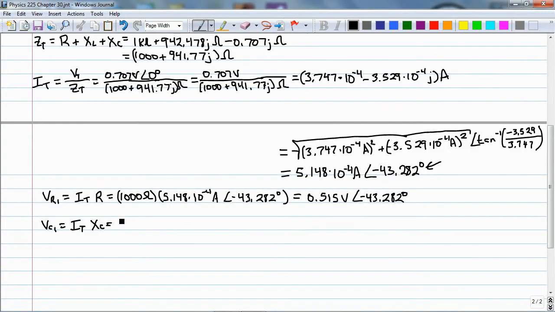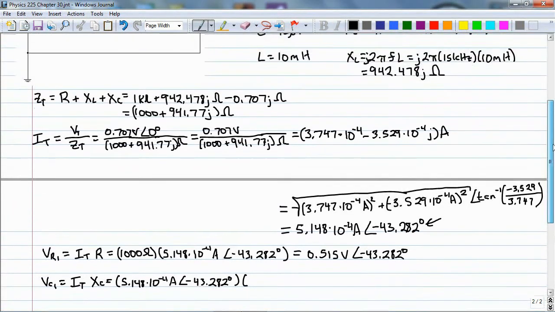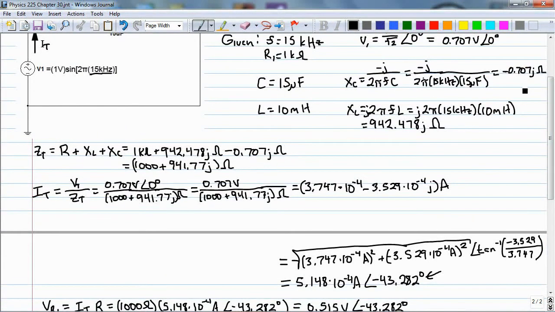And so that gives me 5.148 times 10 to the minus fourth amps at an angle of negative 43.282 degrees times my capacitive reactance, which was back here at negative 0.707 J ohms,